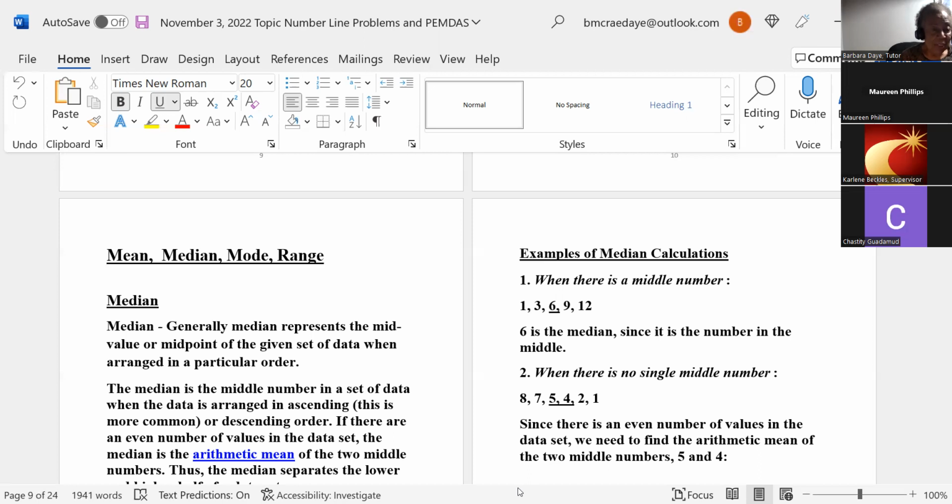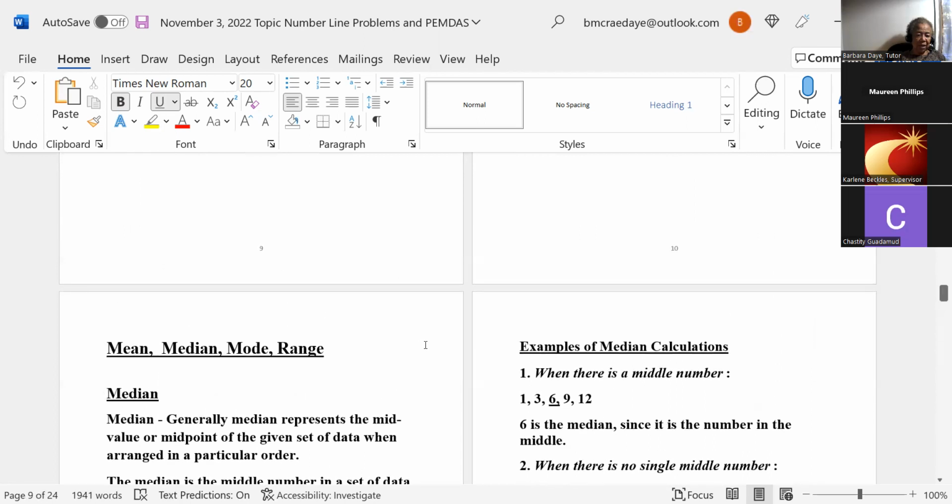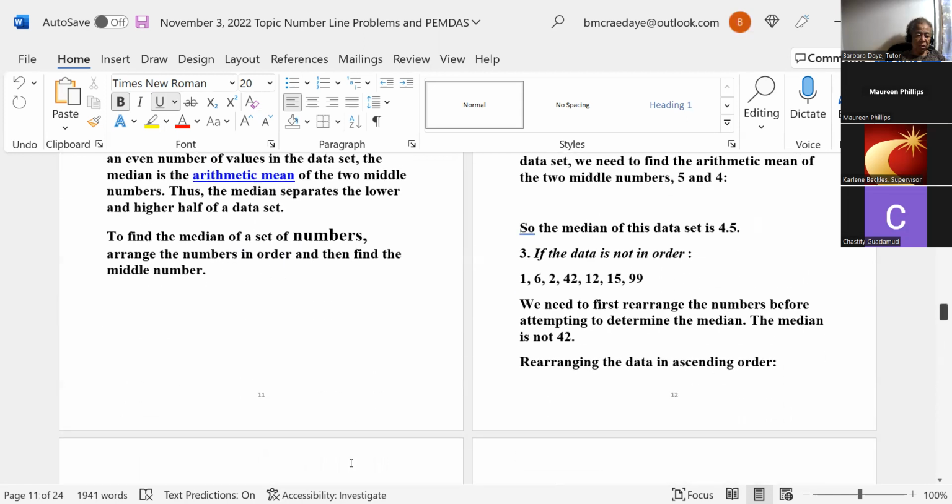That's right. It's median, not medium. M-E-D-I-A-N. Median. That's the middle number in the data. So you have to put it in order. We call it ascending, increasing, descending, decreasing. Because it's separating the numbers, right? Now, there are different ways to calculate the median. When there is a middle number, it's kind of straightforward because it's right there in the middle. For instance, if we had